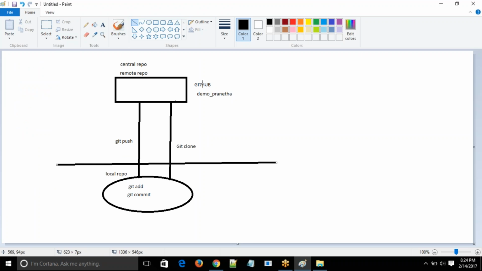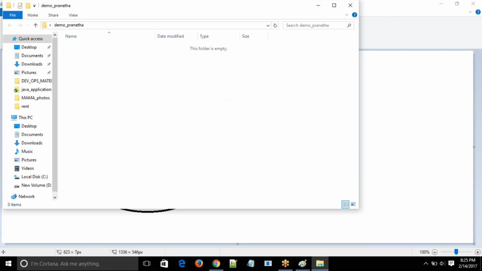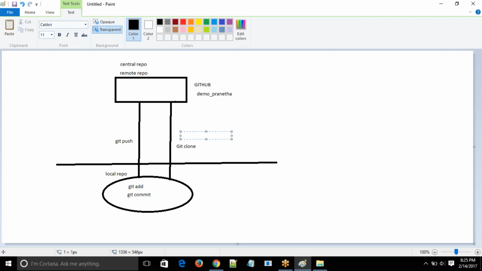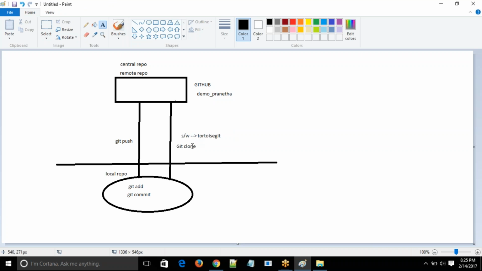So I have used my GitHub account. In GitHub, I have created one repository called demo Pranita. So from that, if you want to add anything to your demo Pranita, you have to just do a git clone, which is possible by using your TortoiseGit. So you can use the software to do the clone, which is nothing but TortoiseGit. With this TortoiseGit software, you are cloning it, and now you have your local repository